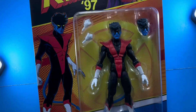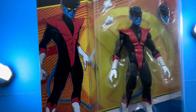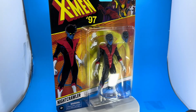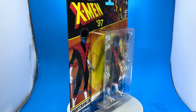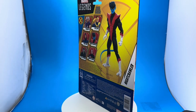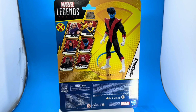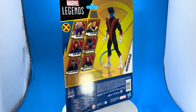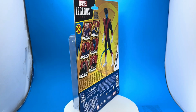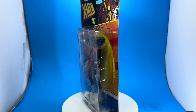So again, the X-Men packaging is always really nice. I love the retro carded stuff. This is the way to do it. Although this guy, I think he's missing some very important items, and we'll get into all that. But how did you not throw swords in here and alternate hands that could actually grip them? That makes no sense to me. He's known for that. Or a BAMF effect, some kind of...